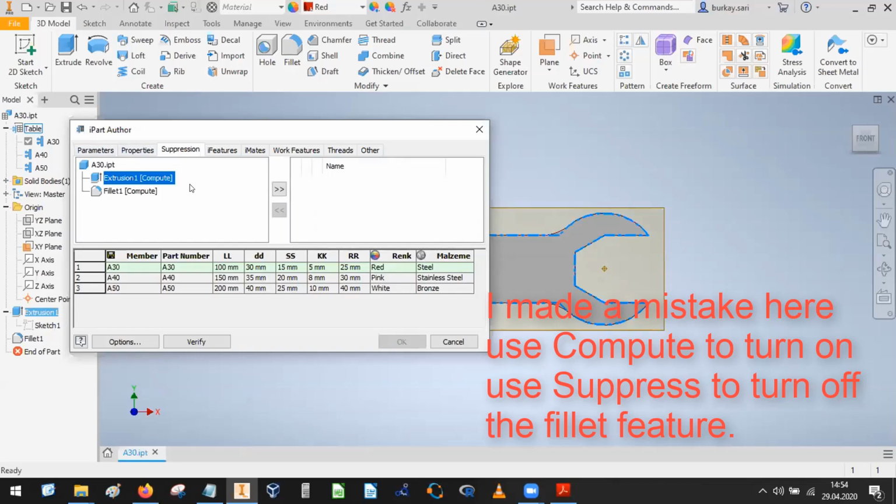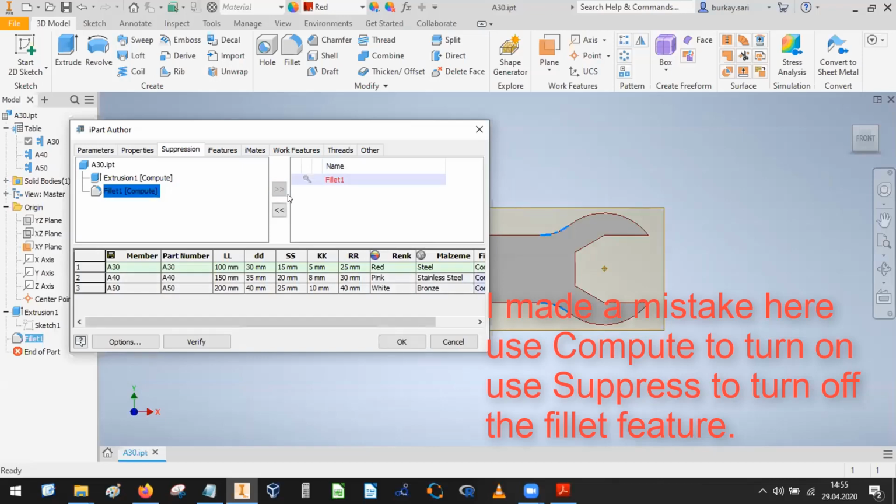But I would like to have an option to select the fillet command. I would like to have A30 and A50 with the fillets at these points, but I do not want it at A40. I would like to add this fillet property to this table by selecting this